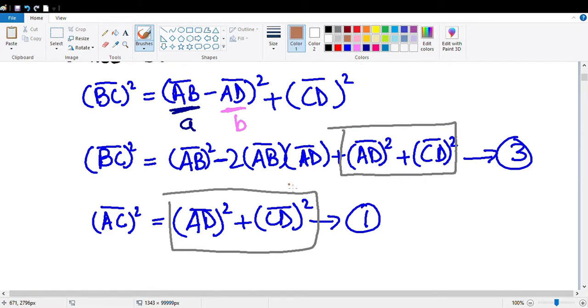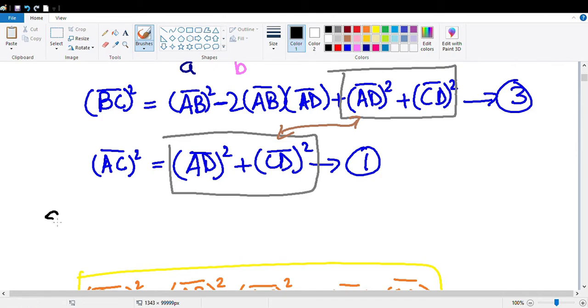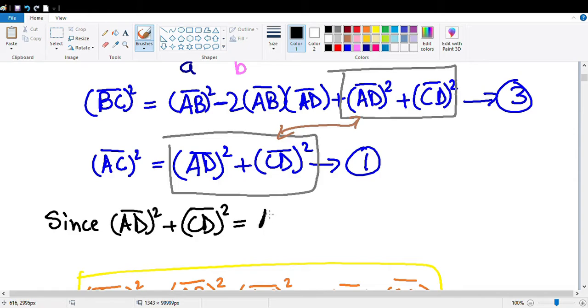These two terms are the same. So what do we do? Now you can see in equation number 1, AC squared is equal to AD squared plus CD squared. So since AD squared plus CD squared is equal to AC squared,